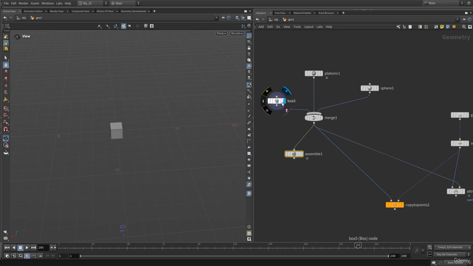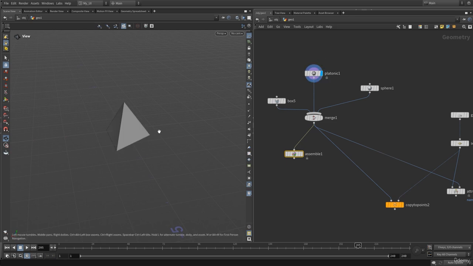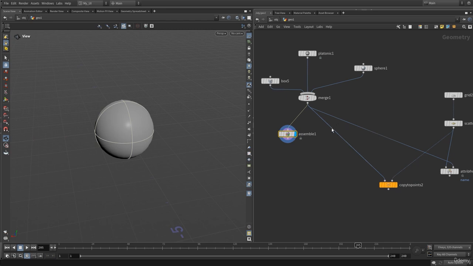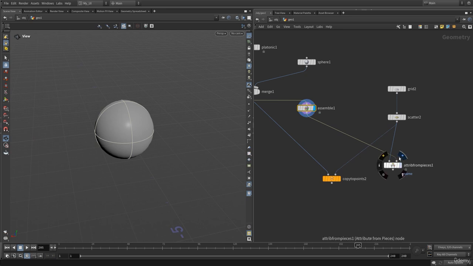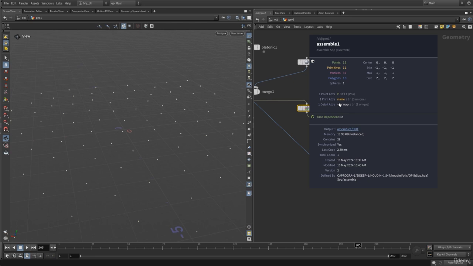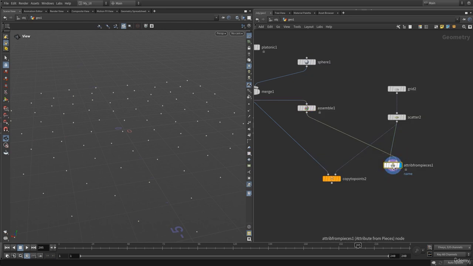If we view the box, it is one connected piece of geometry, platonic is another, and sphere is another. So the assemble node is looking for the connectivity and it's assigning the name onto each of these connected geometry. So we have these 3 names, which means that we can connect this node in here. Okay, and now the attribute from pieces node will take this name attribute from the geometry library and transfer them